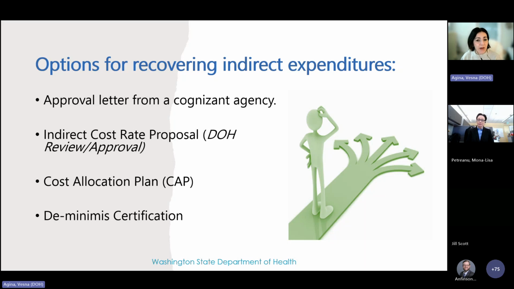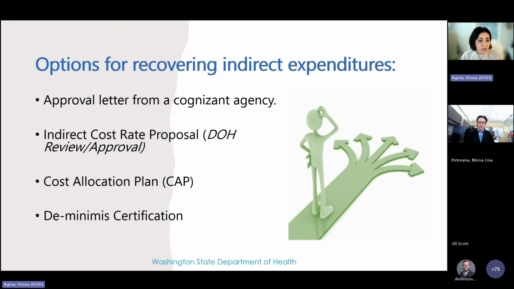Then we have the third option, which is the cost allocation plan. So again, this is going back to allocating your costs. If you have a signed and approved plan by your organization, which says that this is how we are going to allocate our costs, again, based maybe on FTEs or based on whatever methodology they use, that can be used in lieu of your indirect rate. I know there are some organizations that have the indirect rate as well as a cost allocation plan, and that's perfectly fine. You can have one or the other, or you can have both.